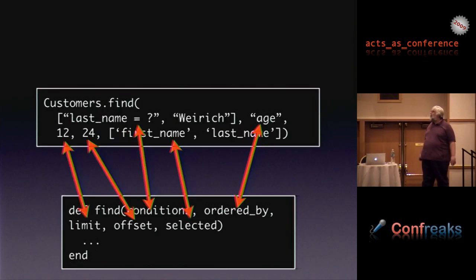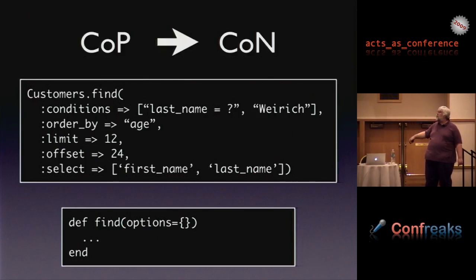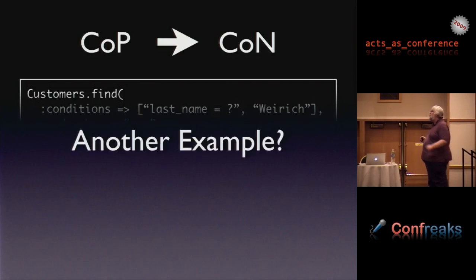If you had a lot of things you were passing into a method, conditions, order by, the limit, the offset, the selected fields, all this stuff, you do exactly what Rails did when they defined the finder, which is to switch from kinesis of position to kinesis of name by introducing a hash with named fields. I'm really liking this idea of kinesis. Do you see how it keeps cropping up in the stuff that we already know and validates decisions that we've already made? I really like this idea of kinesis.